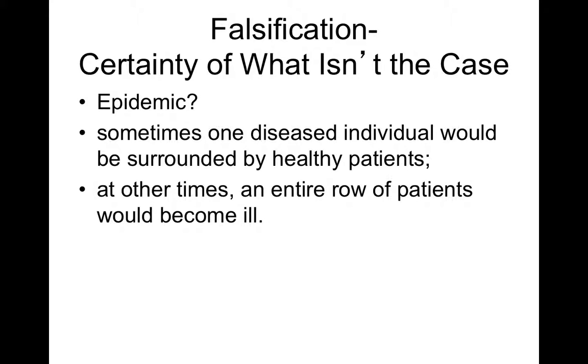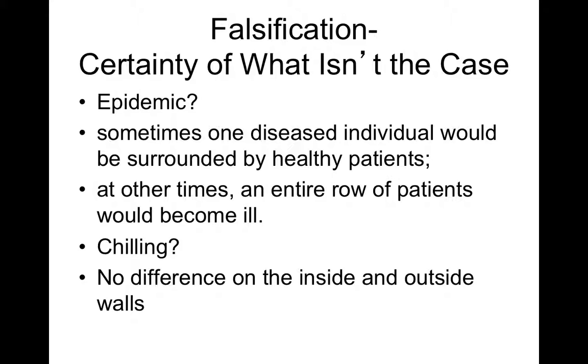Sometimes it would be neighbors, other times it would be one side of the hospital, and another side of the hospital would be the next patient. One concern, possibly it was women who were on the outside wall where it was a bit colder. Remember the timing of this, they didn't have central heating, they would have fireplaces. So fireplaces definitely heat a room unevenly. So the concern was perhaps it was women who were too far from the source of heat. But there was no difference in the mortality rates on the inside and the outside walls.